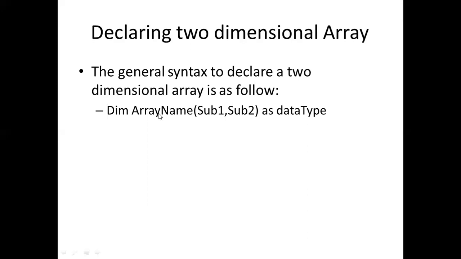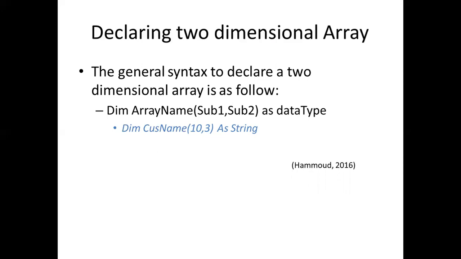So you declare with Dim, array name, sub 1 and sub 2, they are just split by the comma, and then you say As data type. And this is how it looks like. So you are going to have 10 rows and 3 columns. Okay, so as a string, again, we are using the same